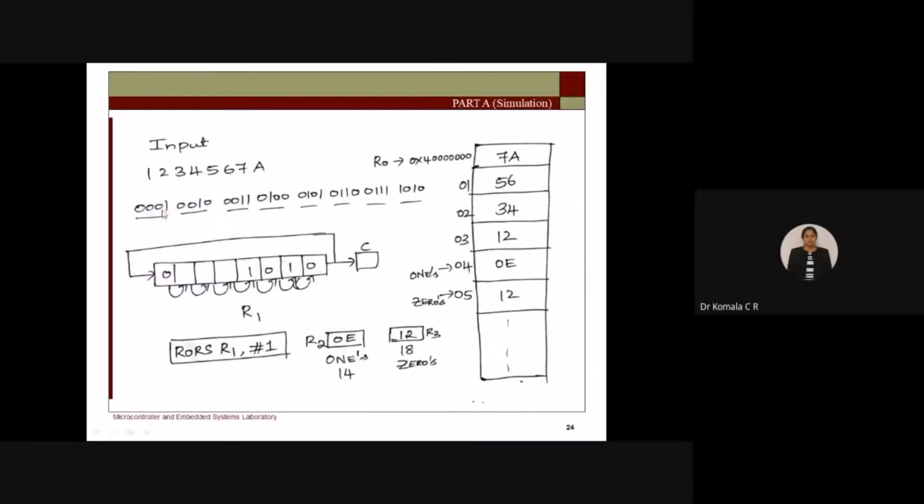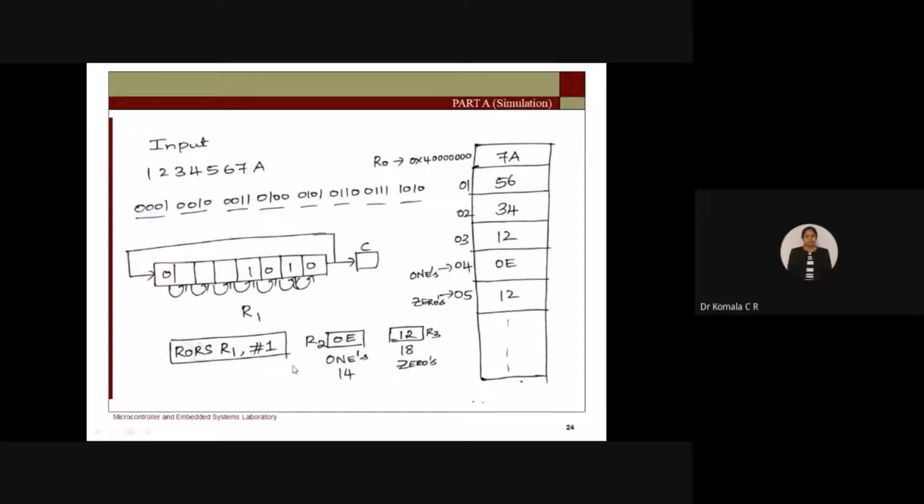So how many times do you need to perform this instruction? How many times do you have to execute this rotate instruction? Whenever you execute the instruction, each time you will be checking only one bit, right? So out of 32 bits, first time you will check the last bit, next time the next one, and so on. So how many times do you need to execute this instruction? 32 times in the program. So 32 times you are going to execute the rotate instruction with respect to the register R1, where I will store the given input number.